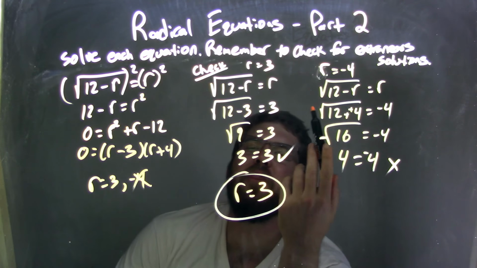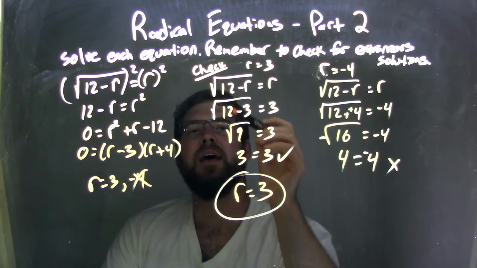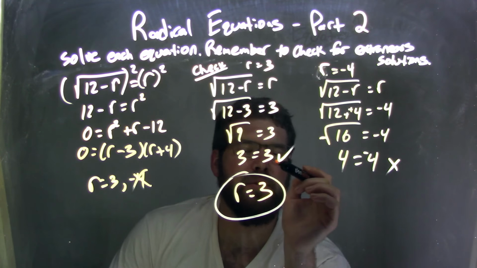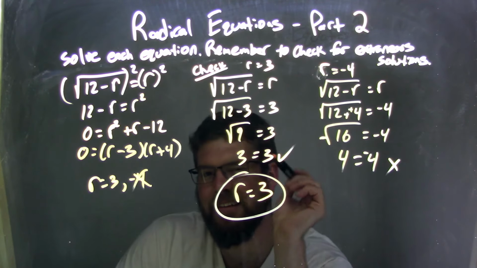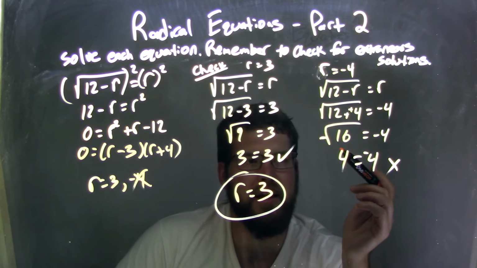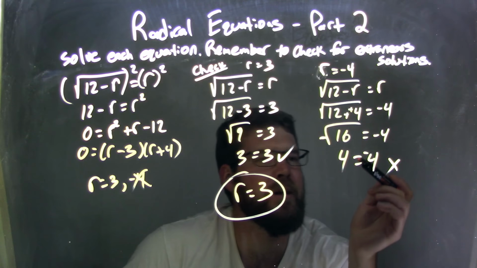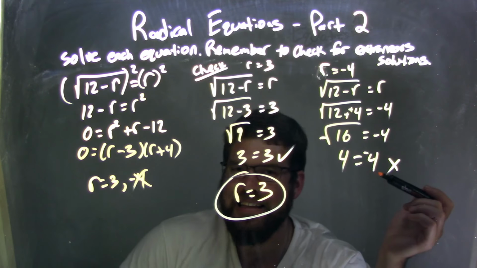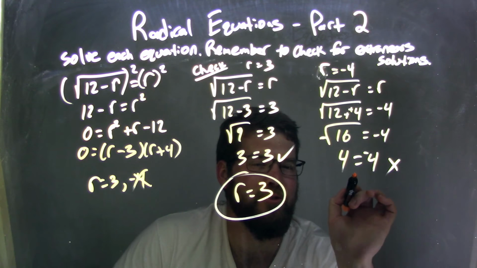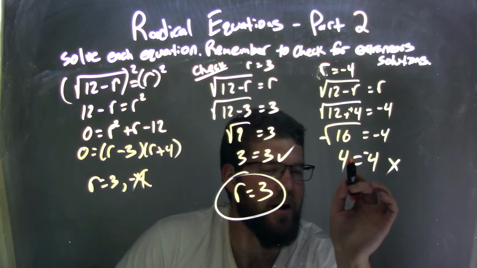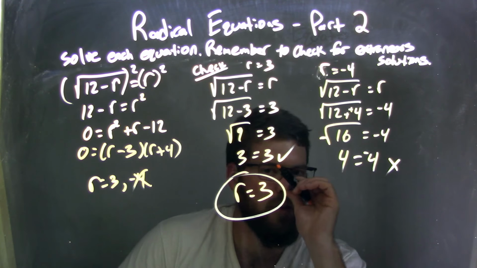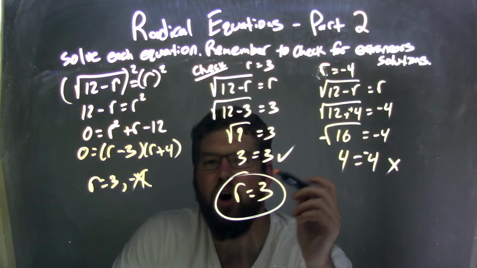Let's start with 3. 3 plugged back into my original equation leaves me with 12 minus 3, and then 9. The square root of 9 is 3. So 3 equals 3. Left and right hand side were equal. Fantastic. Looking good. Next one, though, negative 4. When I simplified, I had a positive 4 at the end equaling a negative 4. Not the same. So that is my extraneous solution. If they're not equal, it's a false statement. It's an extraneous solution when I did my check. So therefore, my only real solution is r equals